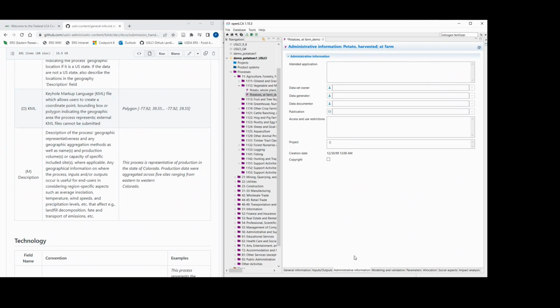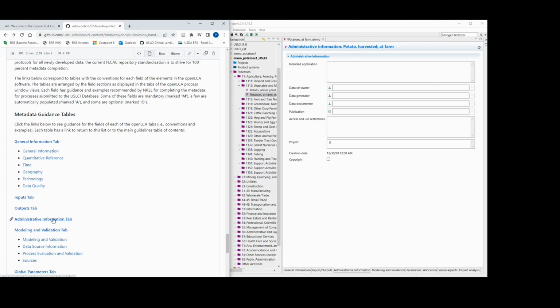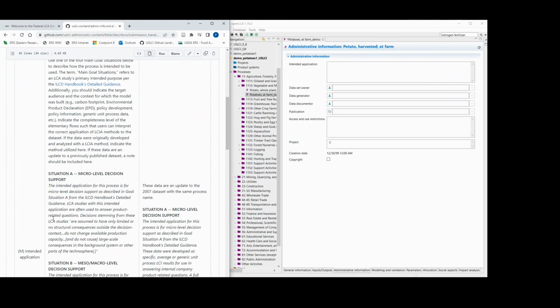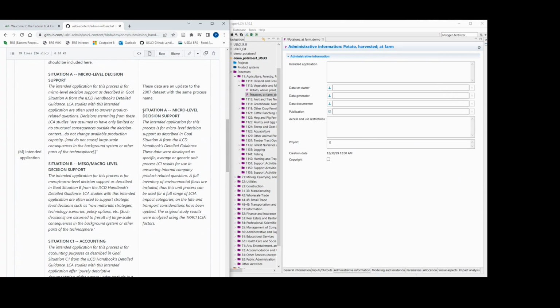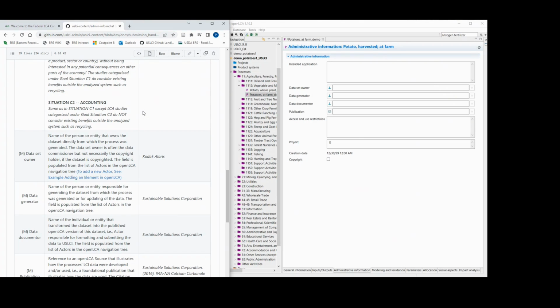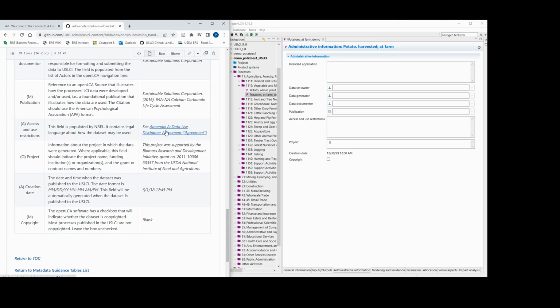Then we have to fill out the administration information field. This is a different section of the metadata guidance. So there's already some predefined situations that you can include here, depending on how you want your data to be used. To fill out the dataset owner, generator, documenter, what publication it was in, access and use restrictions. This is just some standard legal language that you can copy over. You can access it right here in Appendix A of metadata guidance. And then we'll also want to include the project, who funded it,